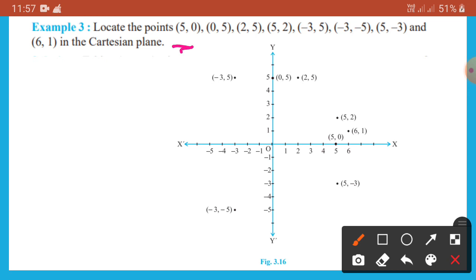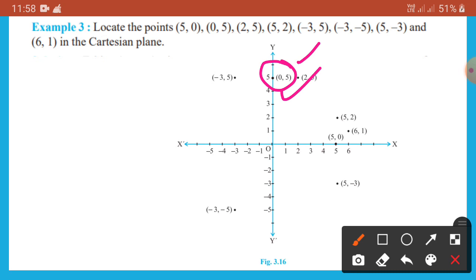So we are going distance 5 from the positive y axis, that is 5, and here it is 0, that means the distance from the positive x axis is 0, that is (5, 0). Okay, the next point is (0, 5). (0, 5) is here. So here the distance from the positive x axis is 5, and the distance from the positive y axis is 0. That's why its coordinates are (0, 5).